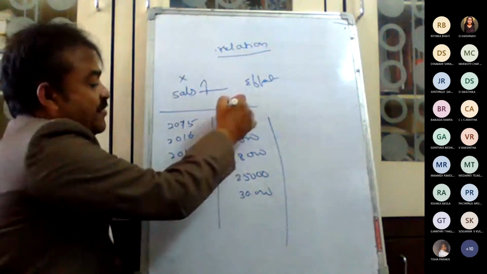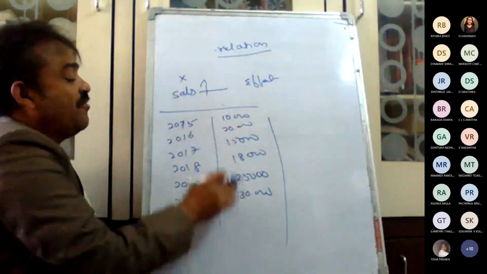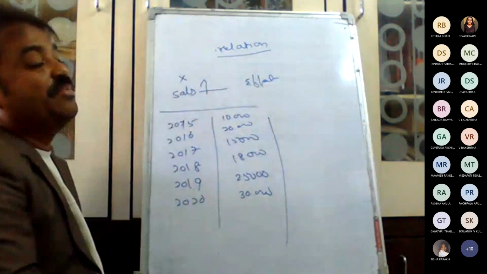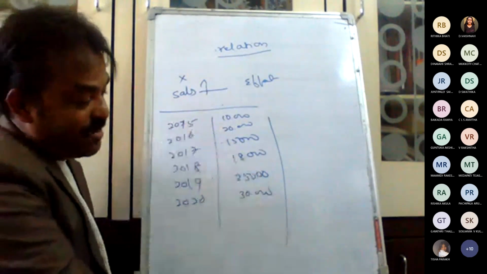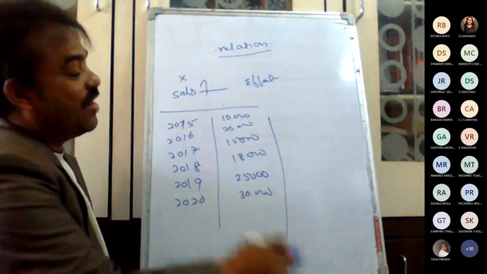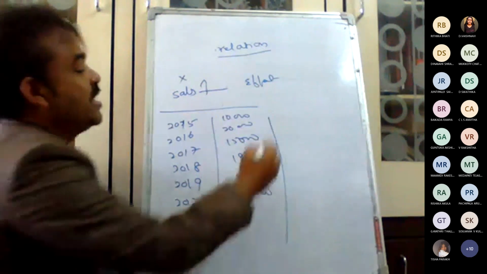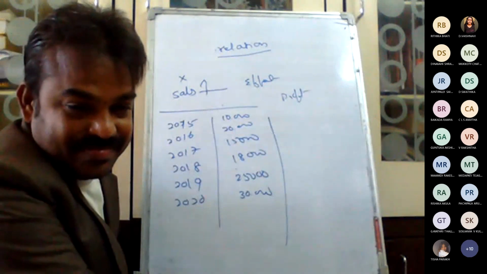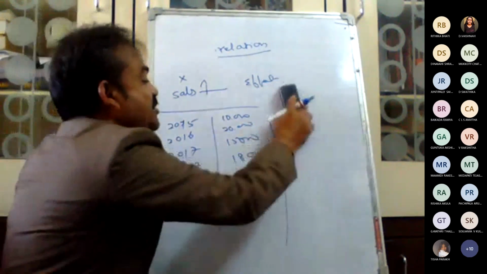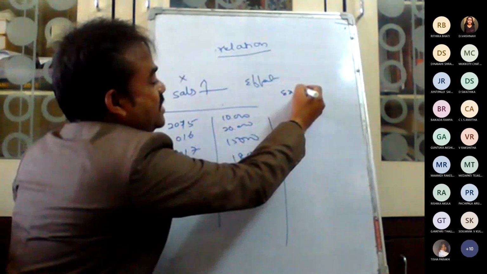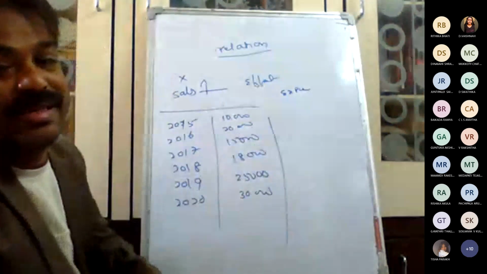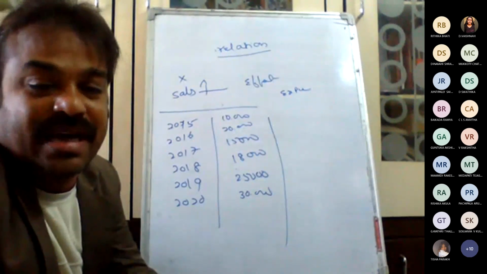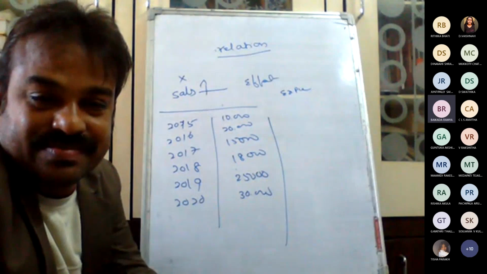So when the sales are increasing or decreasing, whatever it may be, we compare with another variable to see whether it is effective, whether the same increasing or decreasing happens. What is the relationship? Generally, with sales, there will be profit. If the sales are more, profit will be there. Correct? Yes, sir. Otherwise, advertisement expenditure. If you spend more on advertisement, whether the sales are increasing or decreasing, generally we always assume an increase. Correct? Yes.